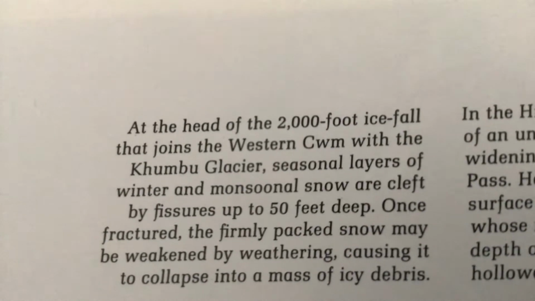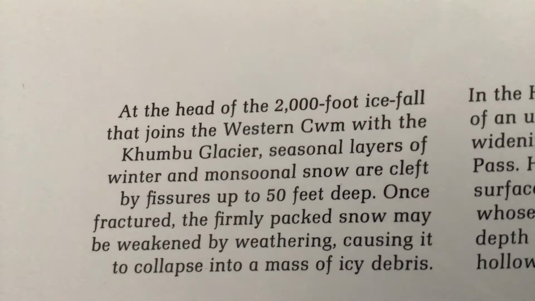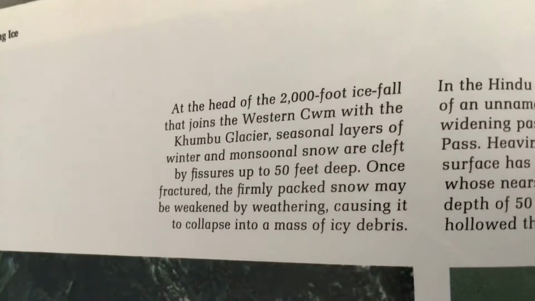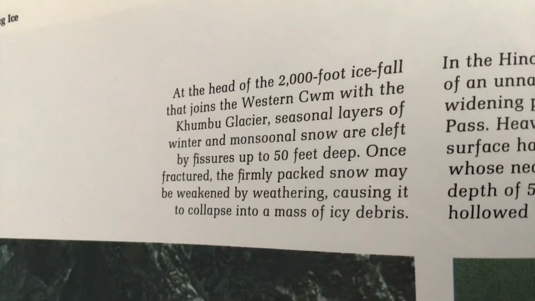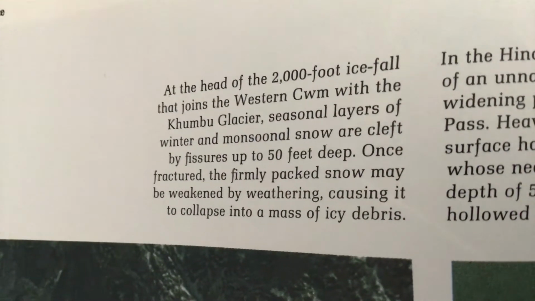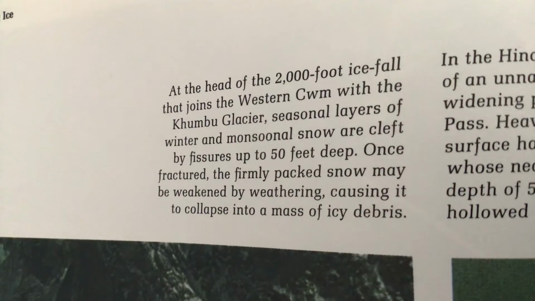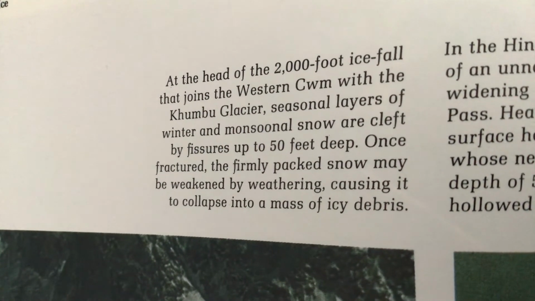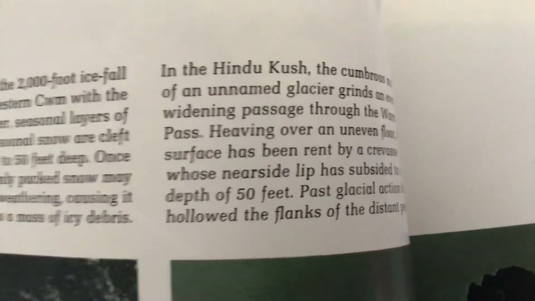At the head of the 2,000-foot ice fall that joins the western cwm with the Khumbu Glacier, seasonal layers of winter and monsoonal snow are cleft by fissures up to 50 feet deep. Once fractured, the firmly packed snow may be weakened by weathering, causing it to collapse into a mass of icy debris. In the Hindu